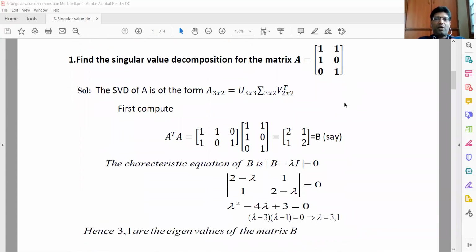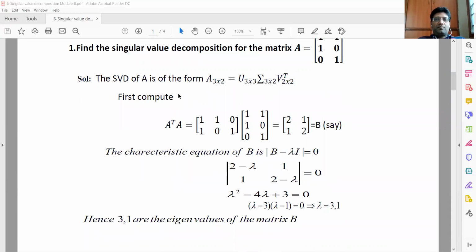So in the last video we have seen singular value decomposition for a rectangular matrix where the order is 2 by 3, and here we are going to see another rectangular matrix whose order is 3 by 2. So the first step is, write the SVD form of the matrix A. So the SVD of A is of the form